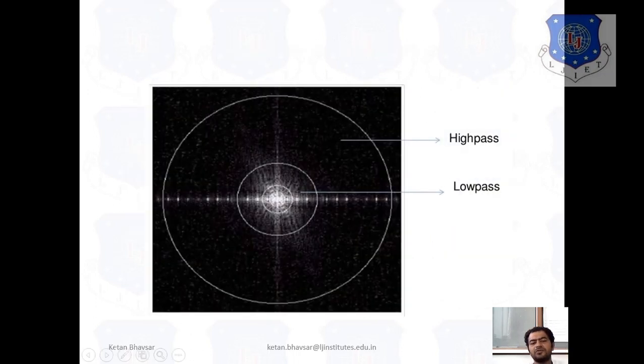If you are looking at the circle and working on particular data, here we are taking the central values, which represent the low pass content, and the upper part represents the high pass content, because as usual it works with low frequency and high frequency based concepts. This is just a graphical representation of how the low pass, band pass and high pass filters work.